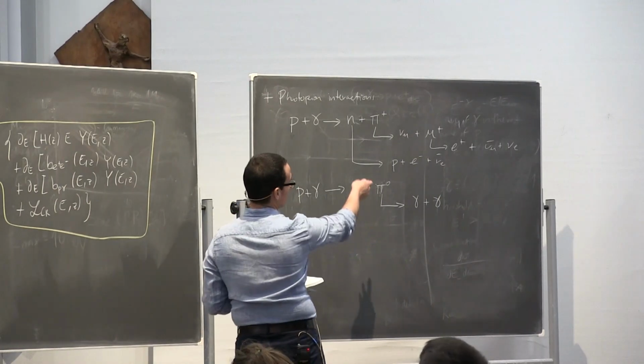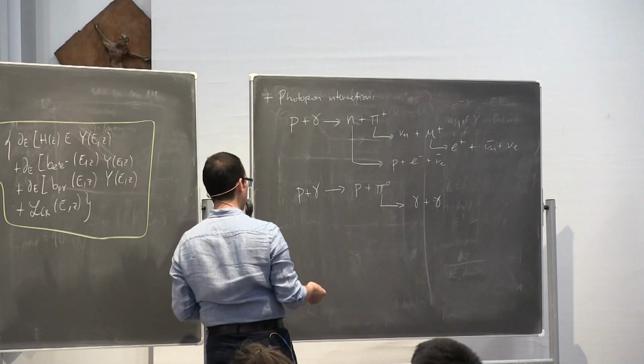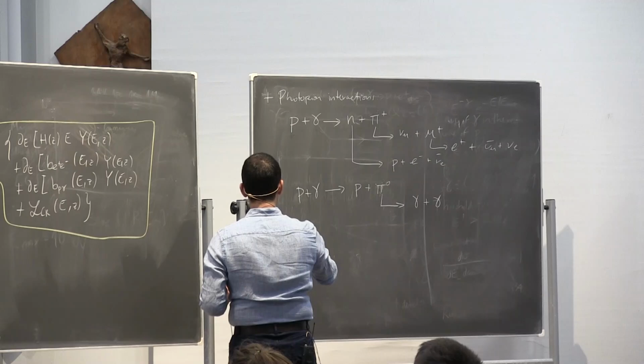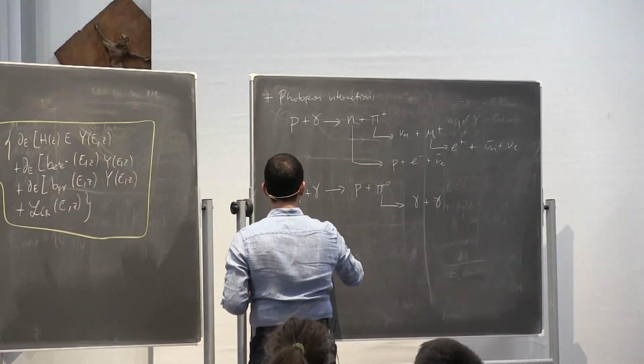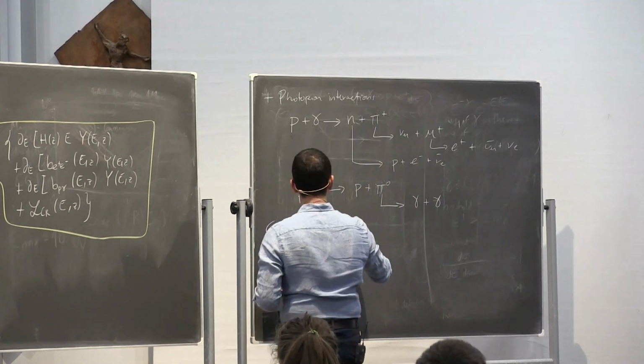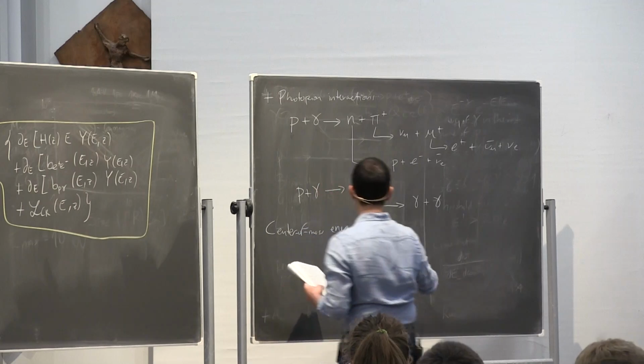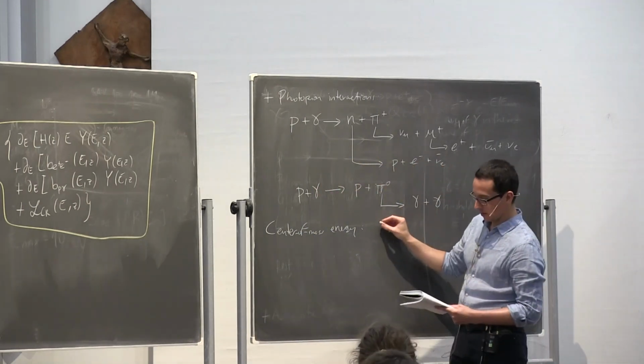The mass differences between pi zeros and pi pluses are small for the sake of the argument. So let's just be a bit sloppy about the calculation and just say that the center of mass energy that we need to trigger this process is,